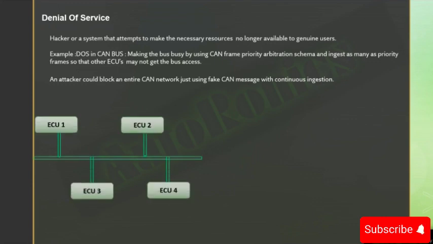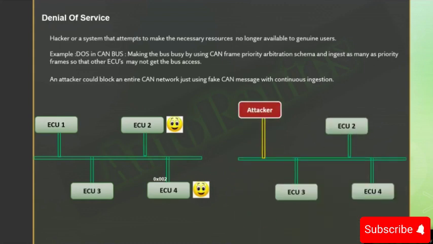So here also, the same architecture of the vehicle and the same message is being sent, at a regular interval, so that ECU2 and ECU4 are happy because they are the subscribers of the messages. Now in this case, the attacker has started sending the messages multiple times. Let's say if the periodicity of the messages is 10 milliseconds, he can send a message even at 1 millisecond continuously, so that the bus becomes busy and all the ECUs which are looking for the other messages will get lost.